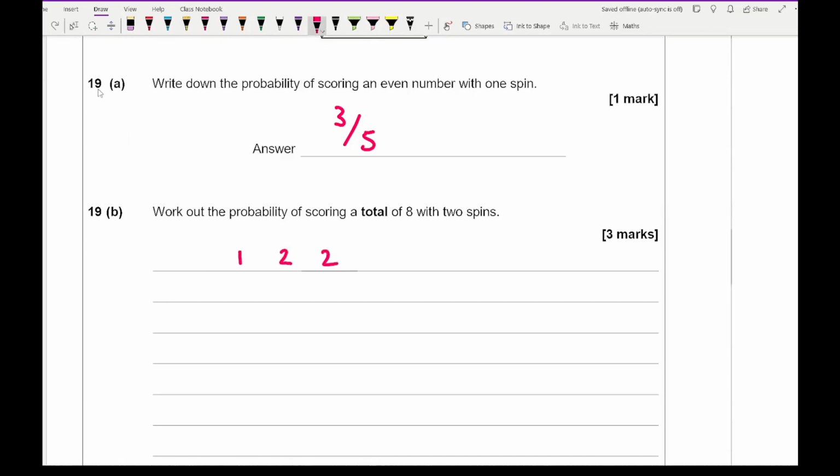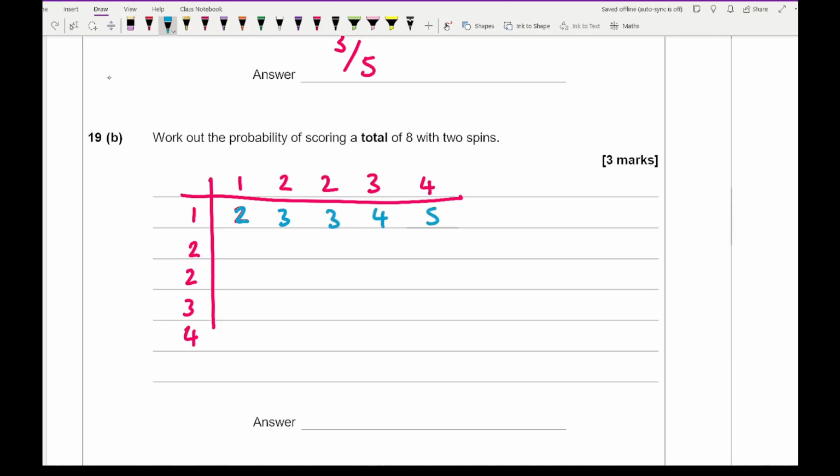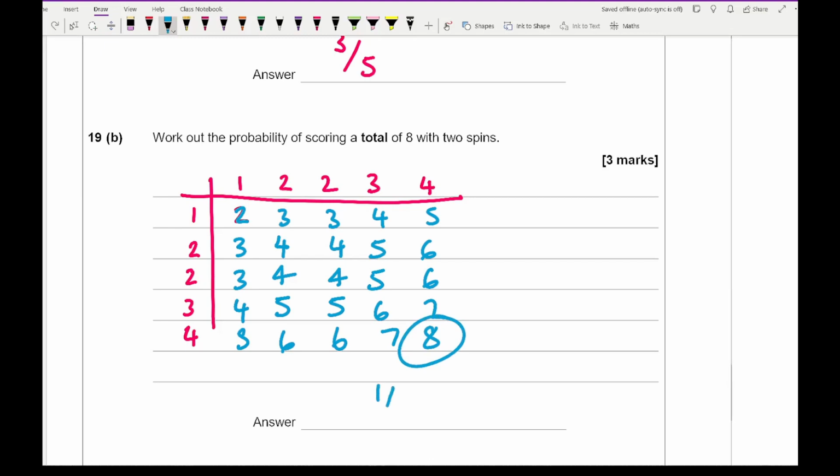So if I do a sample space diagram, and I've got 4, let me just check those numbers. Yep, they're correct. And then I do 1, 2, 3, 4. And if I write down all the possible combinations, now again, this is not essential, and just change the colours. So that's 2, 3, 3, 4, 5, and then we've got 3, and 4, and 5, 6, 6, and we've got 6 and 7, 8, and as you can see, I've got 1 out of 25 is my